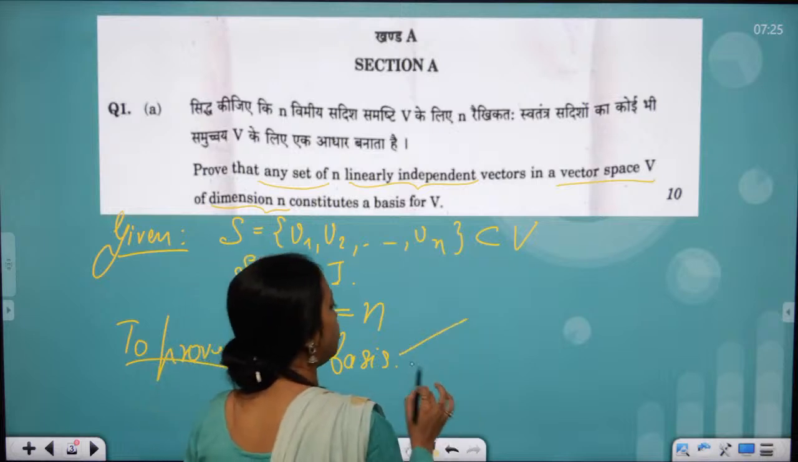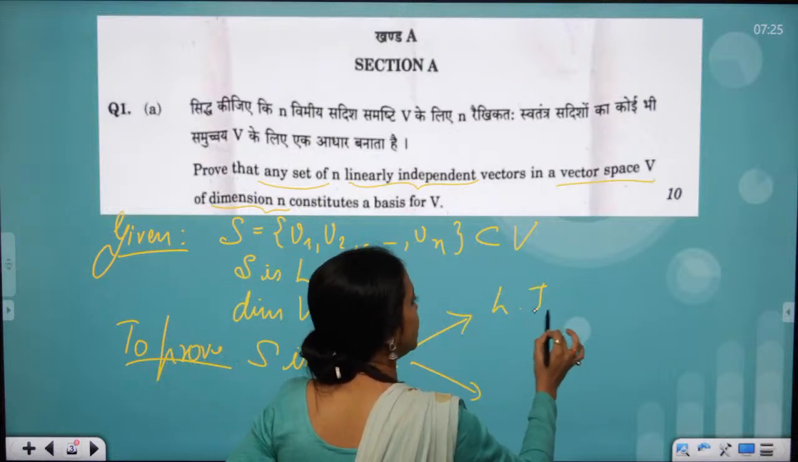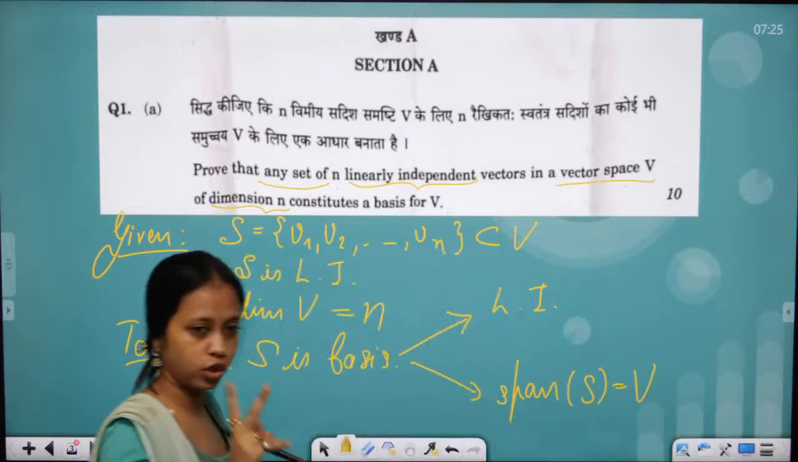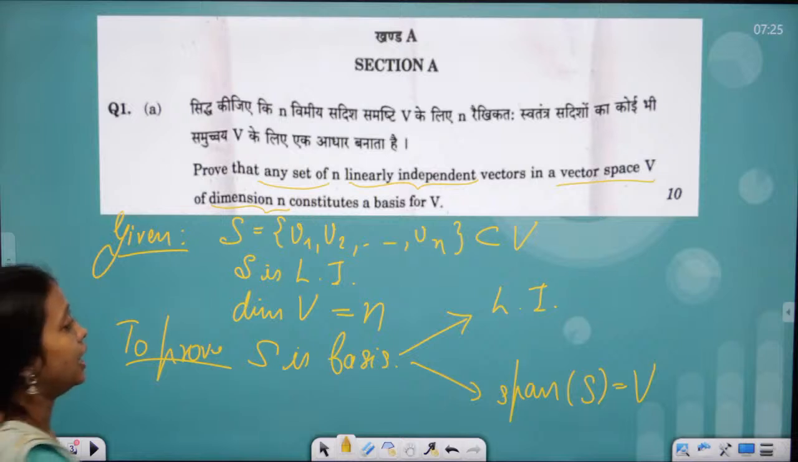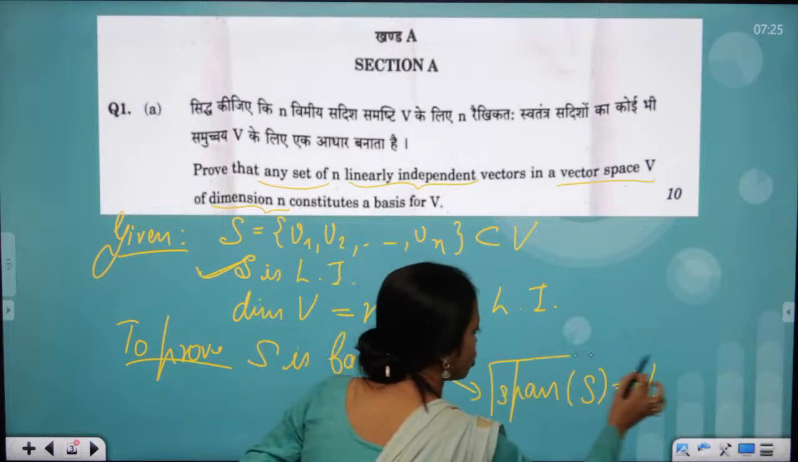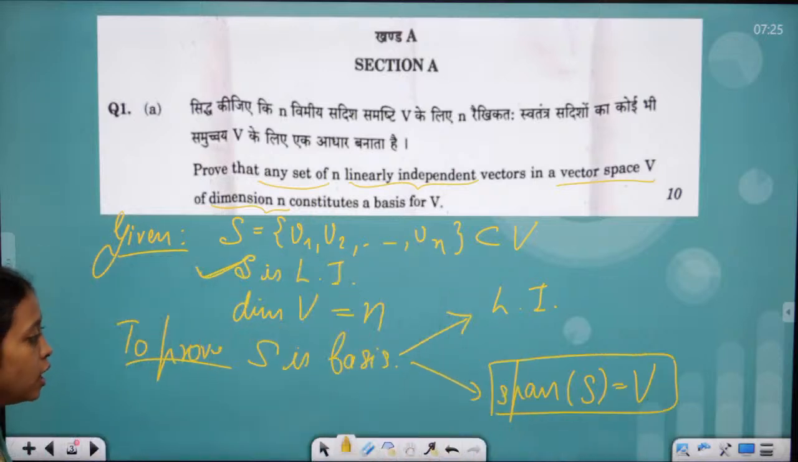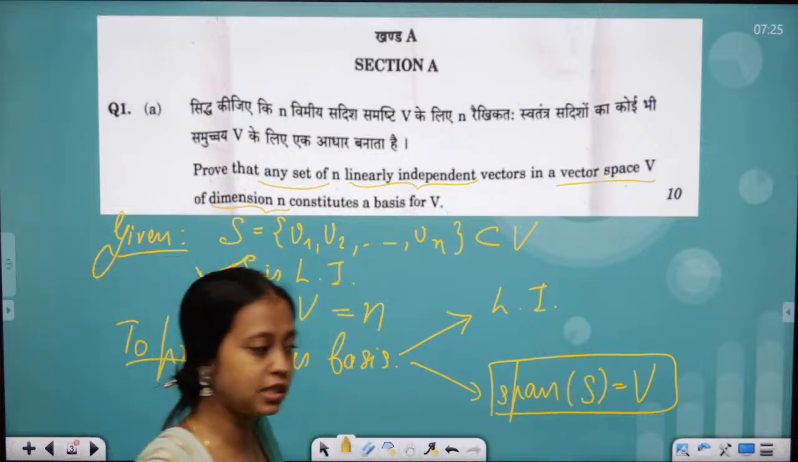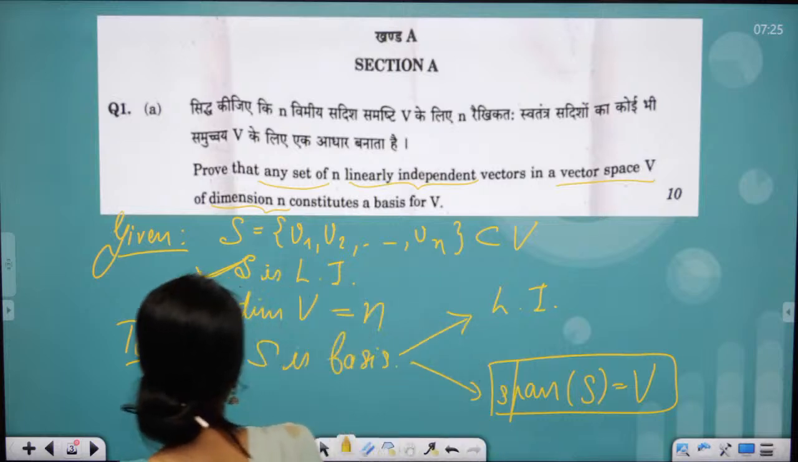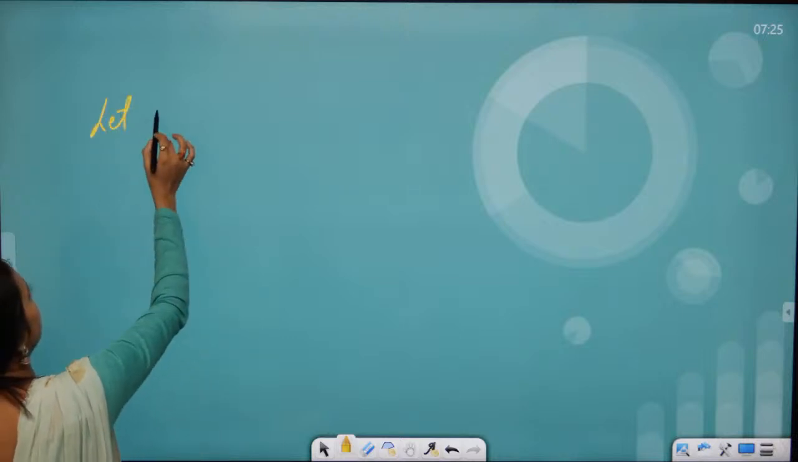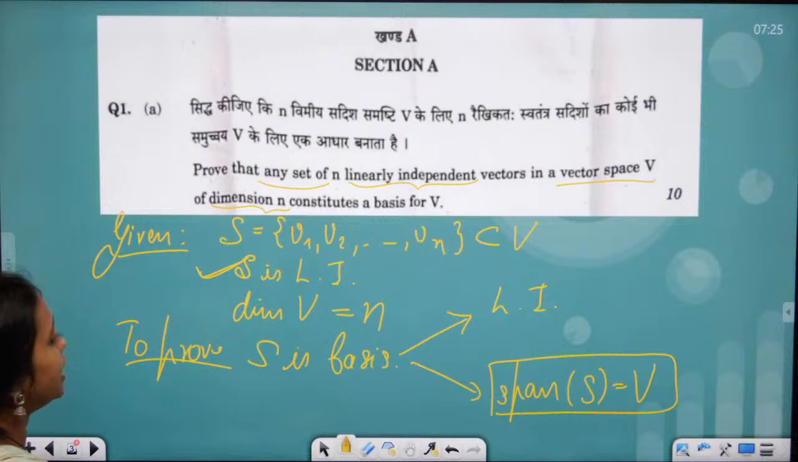To prove a set to be a basis, you need two things: linear independence, and the span of that set is the whole V. Two things are required. Linear independence is already given in the question. So that means only the spanning is your job, right? Let's say this is not true. Let's prove it by contradiction instead, right? So for contradiction, let us assume